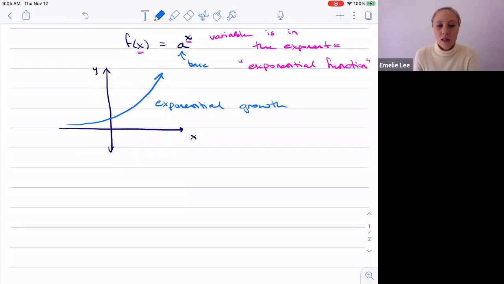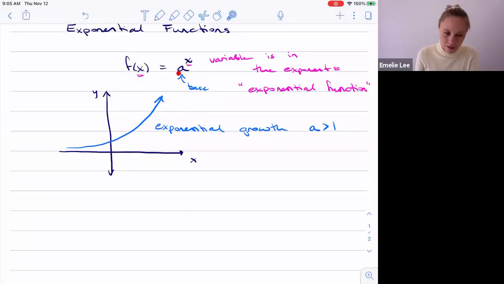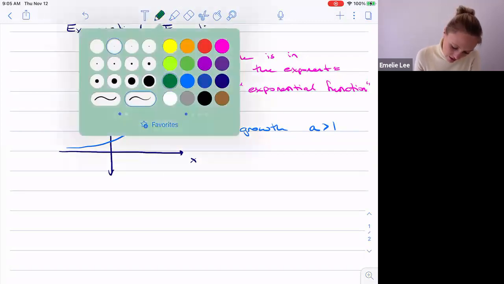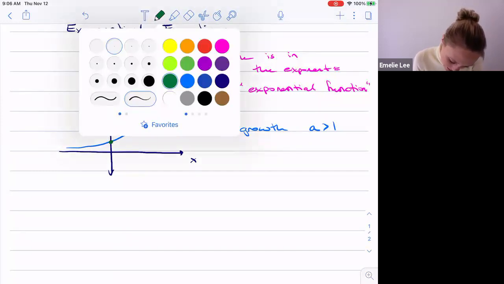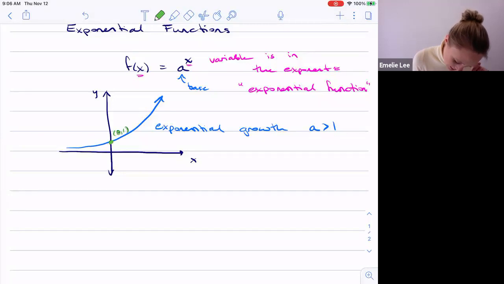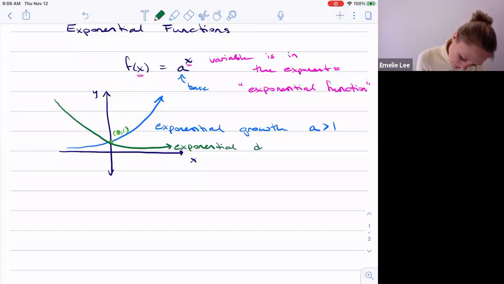is where the base is larger than 1, if a is greater than 1, okay? Of course, referring to a as the base here. And then we can have decay. What's interesting is they all pass through 0, 1, but we'll get to that later. Or actually, let's put it on here, 0, 1. Running out of colors here. Let's put this 0, 1. I'll use dark green for the decay. So the decay comes down through 0, 1 and goes like this. So this would be exponential decay